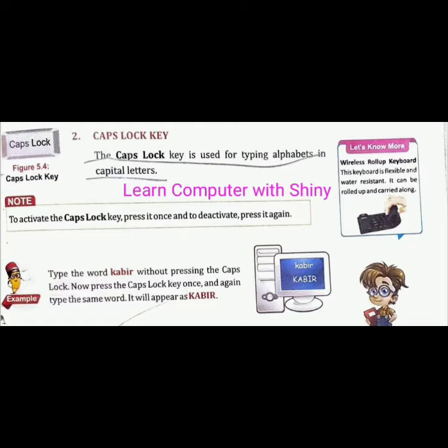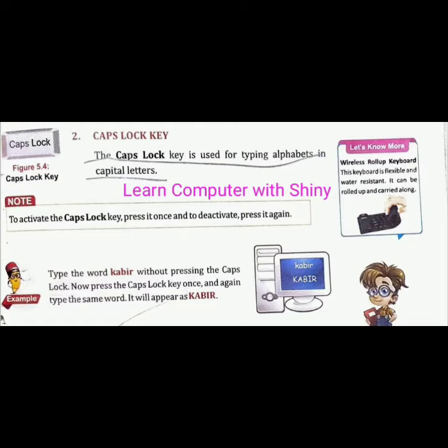Now see here what is the use of caps lock key. Type the word Kabir without pressing the caps lock key. Now here on the picture you can see the letters are small. Now press the caps lock key once and again type the same word, it appears on the screen.